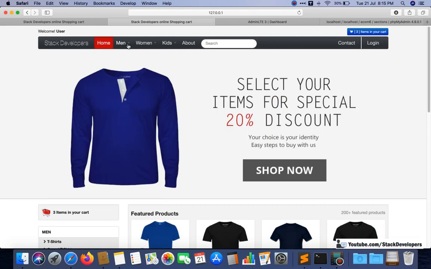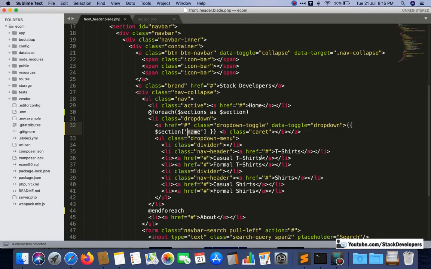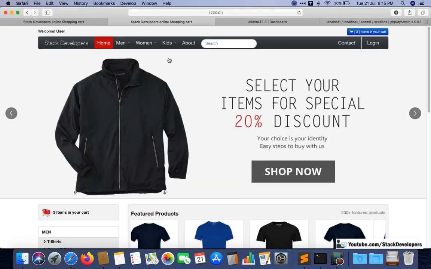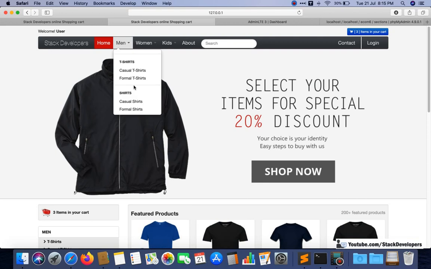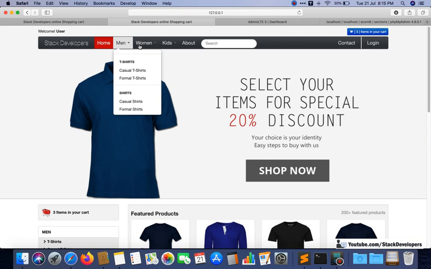Now the output: the category and subcategory will come the same, because we have not added any condition, we have not added any loop so far. So it is going to display t-shirts, casual t-shirts for all, shirts, casual shirts for all. You can see here t-shirts, shirts, t-shirts, shirts, t-shirts, shirts. So this thing also we need to make dynamic.